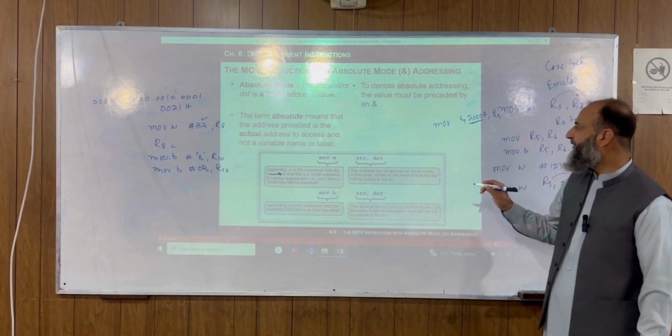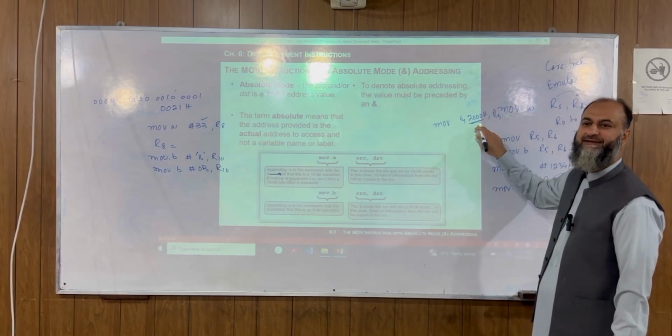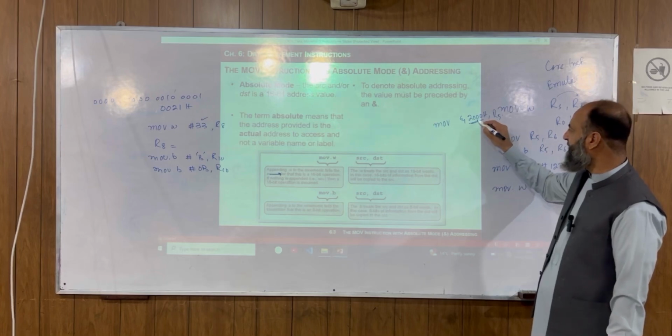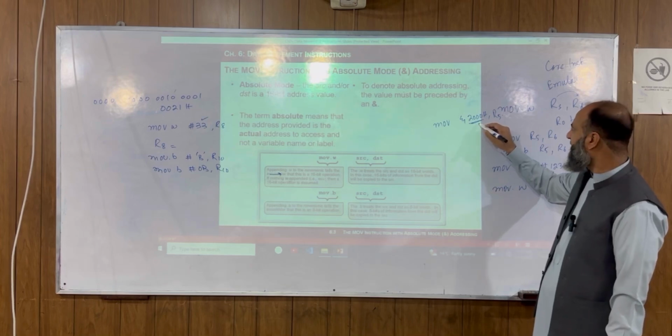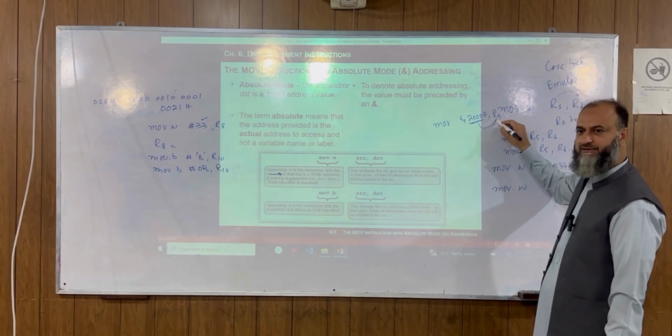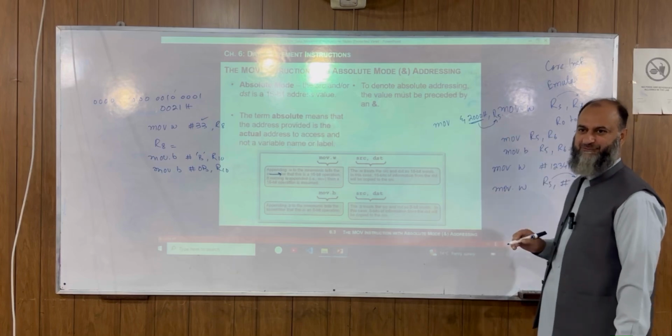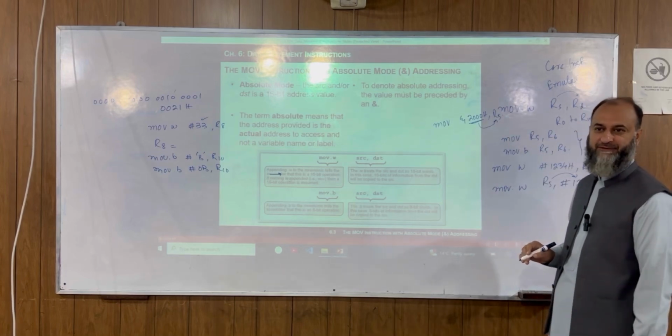Is it okay? तो आपने direct address को ही provide किया है and the address is 2000 hex. उस 2000 hex के ऊपर whatever data or word is stored is now going to be stored into R5. So you are giving a direct address over here.